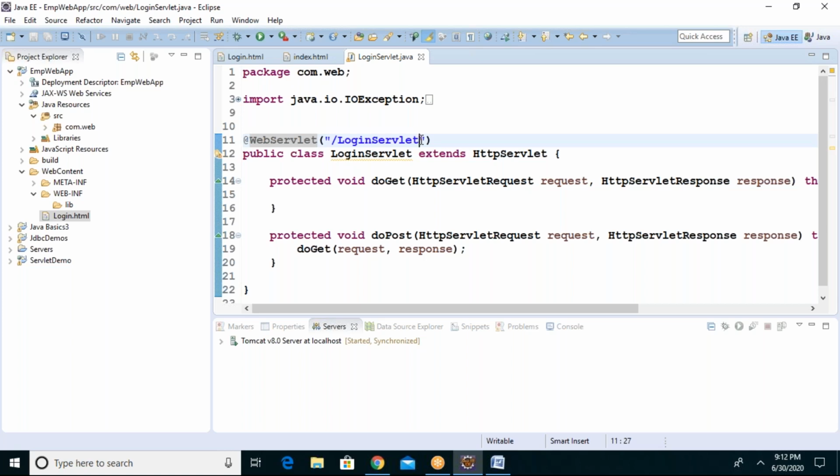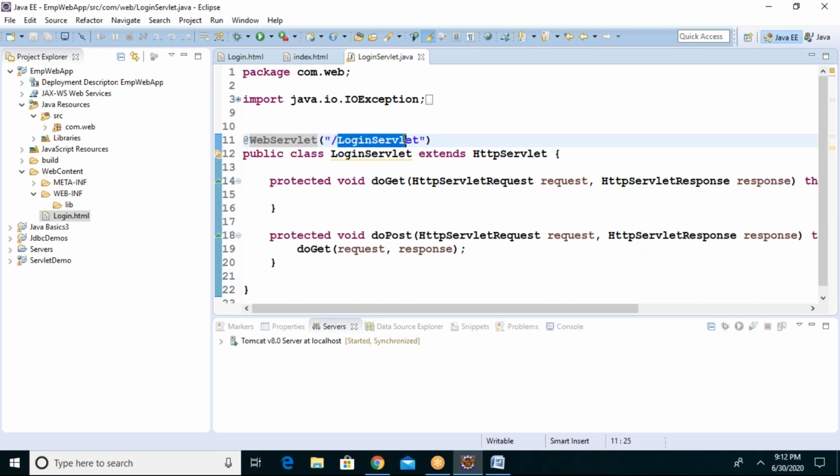Guys, I told you in the very beginning session, you may be feeling it is very difficult, but when you go to the further sessions, you will enjoy the coding. This is how the servlet is created automatically. Yes or no? But why did I teach web.xml? It is also important for any of your future references or any other frameworks when you are learning in future. It will be useful for you. You should have knowledge of web.xml or XML files also.